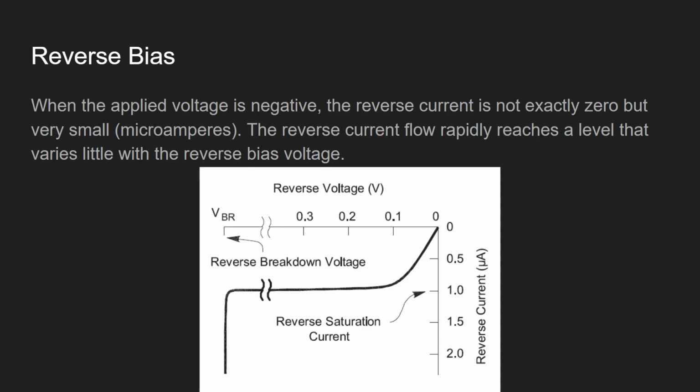And the current remains very low. Okay, very low. Even if we apply the high voltage, like let's say a 5V or a 10V, the reverse current is very low, very low. Okay, but not exactly 0. But for your convenience, you can just treat it as 0. Okay, reverse, no current,